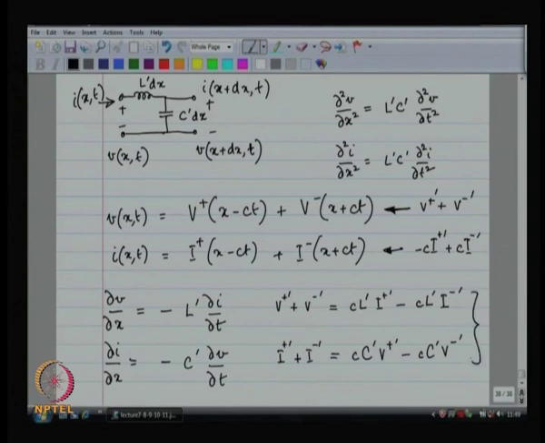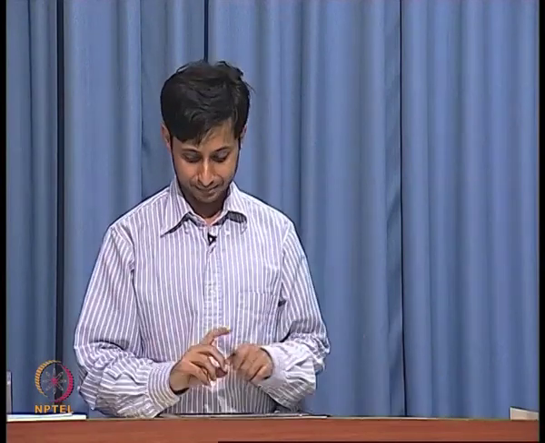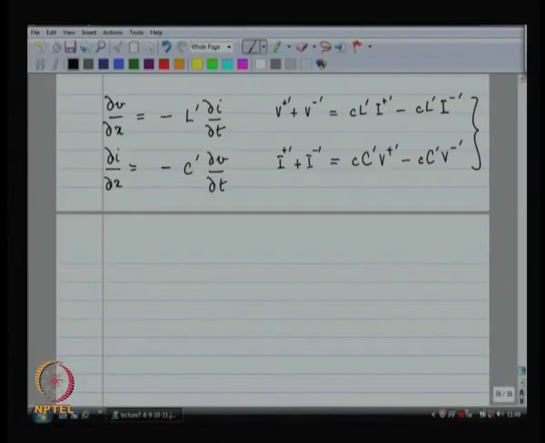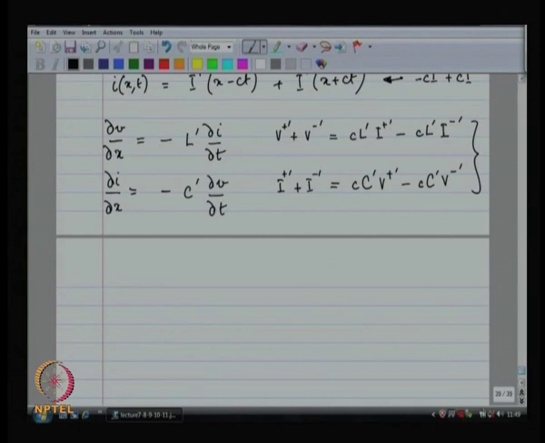Now, I have got two equations. My unknowns are I, let us say my unknowns are I plus and I minus. Let us say I know V plus and V minus. My unknowns are I plus and I minus. Can I figure out the values of I plus and I minus from these two equations? So, surely you can, right. These are two independent equations. You are going to get the values of I plus and I minus, and it turns out that I plus